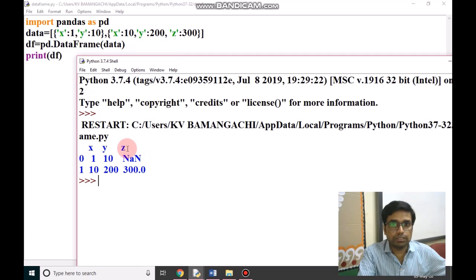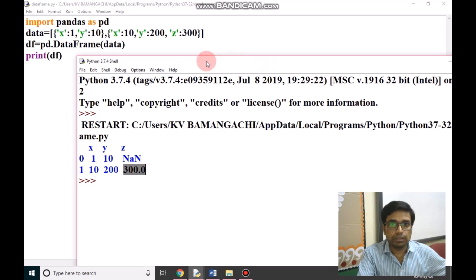And the third one is Z, because we have not given any value in the first dictionary, so it is showing None here. And in the second dictionary we have given Z as 300, so it is giving 300.